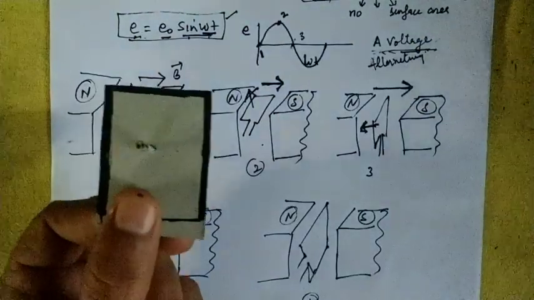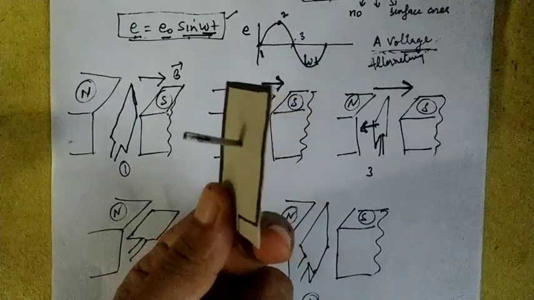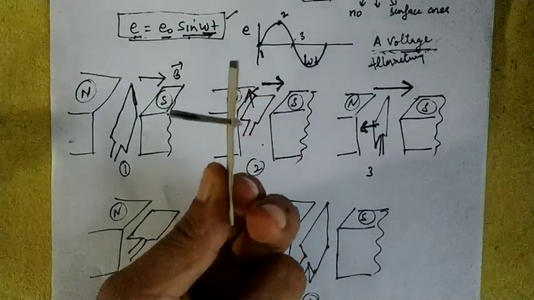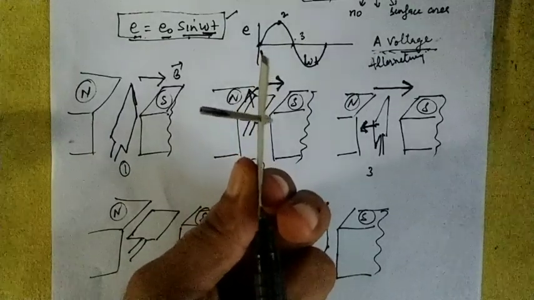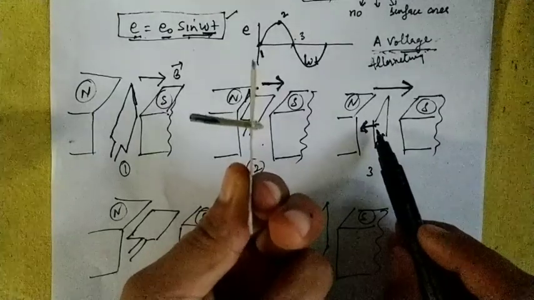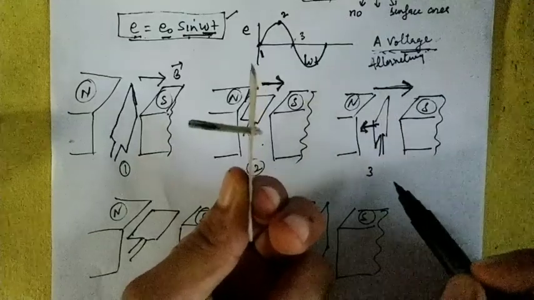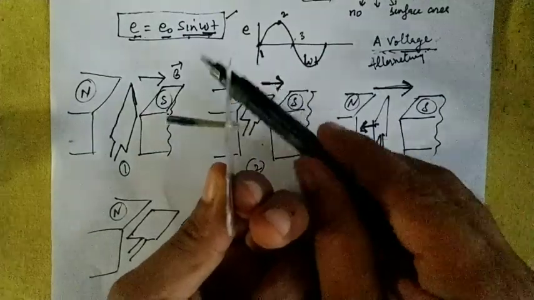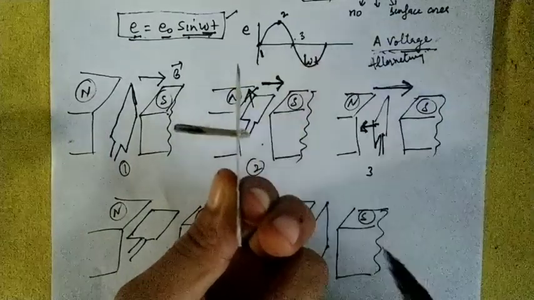So further you rotate it. If you rotate with the same sense of rotation by another 90 degree, the direction of the surface area of this armature is now in the opposite direction, as represented by this one. The magnetic field is again north to south. Both are making an angle of 180 degree, and sine 180 is how much? 0, and it is represented by this part of the graph.